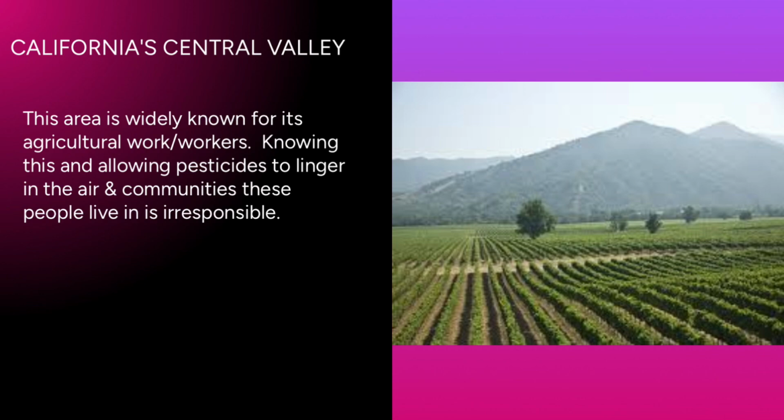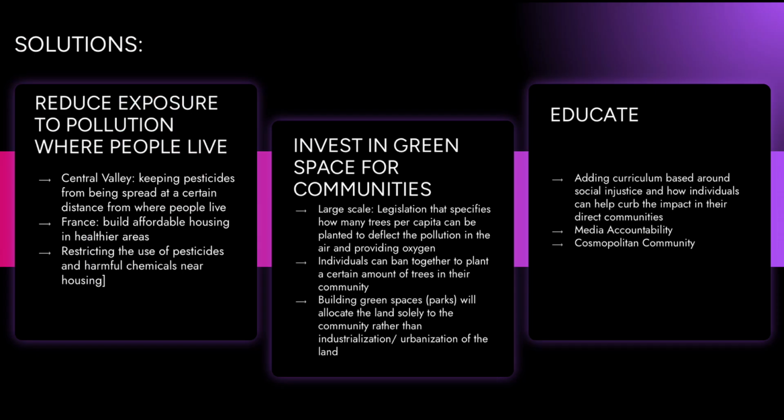I also chose to focus on the California Central Valley because this area is widely known for its agricultural work and workers, and a large population of immigrants. Knowing the amount of pesticides in the air and allowing them to linger in these communities that these workers live in is irresponsible. Some solutions that I think may help these communities would be things like reducing exposure to pollution